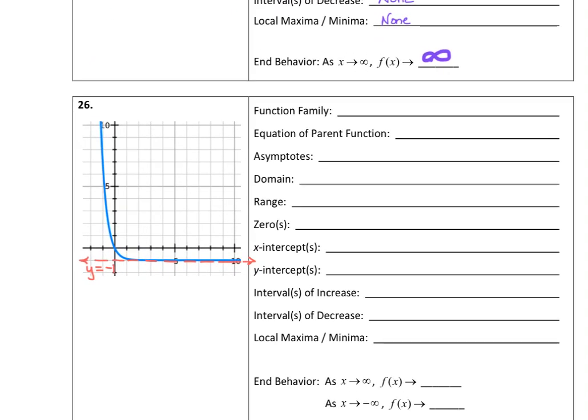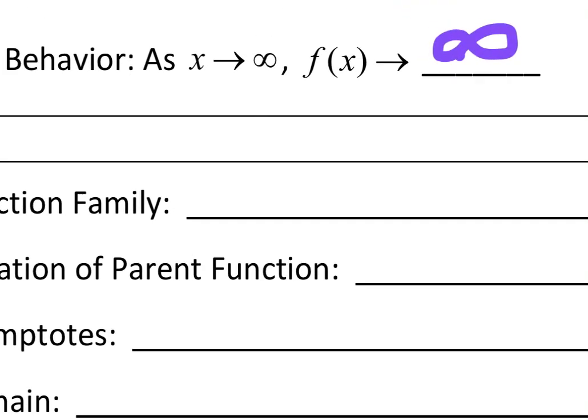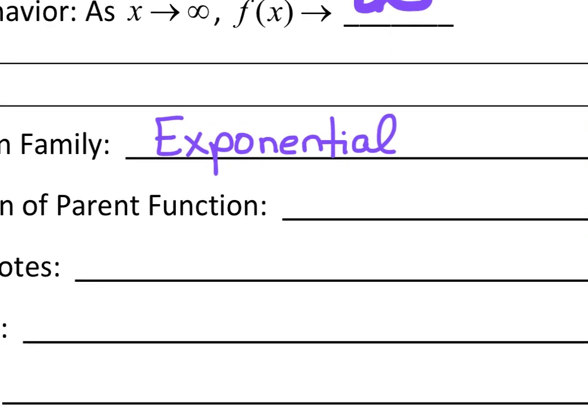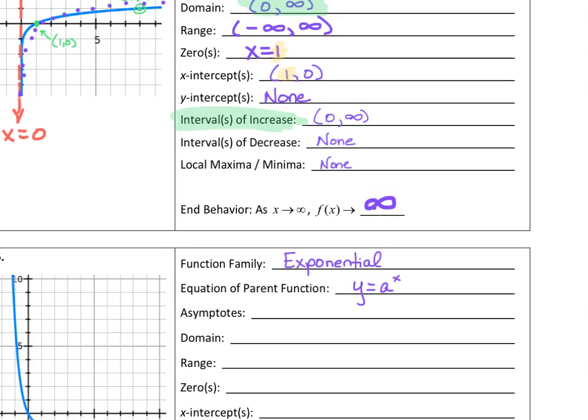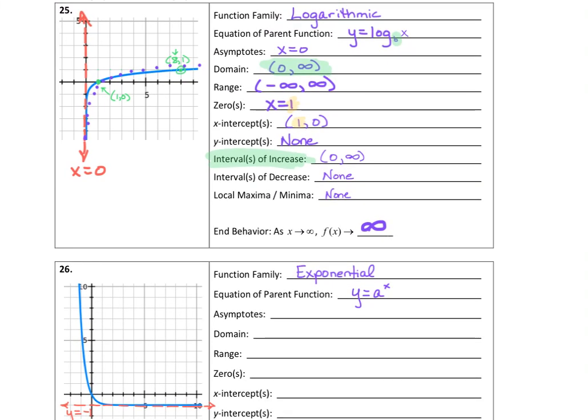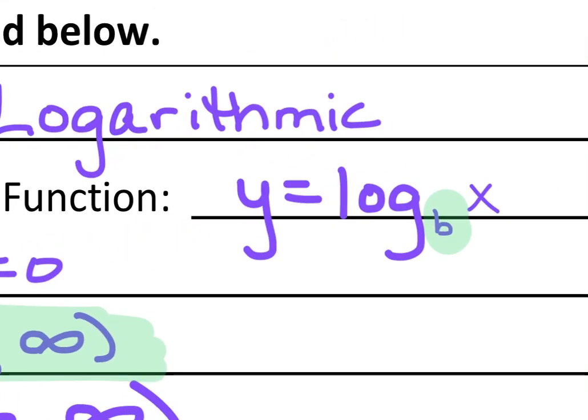In the second graph, because it has a horizontal asymptote, the function family is exponential. And again, I don't expect you to know the base at this point. We haven't talked about how to do that much in the notes. So just put base a to the x. And actually, for both of these, I'm sorry that I wrote y equals, I would rather have you write f of x equals. So let's go ahead and change that to f of x